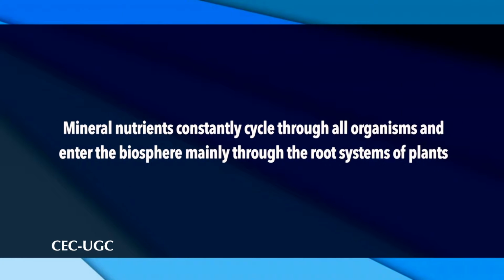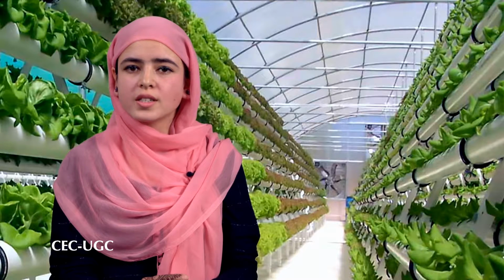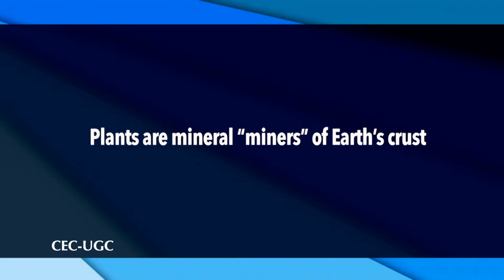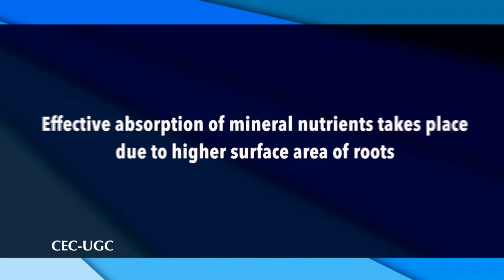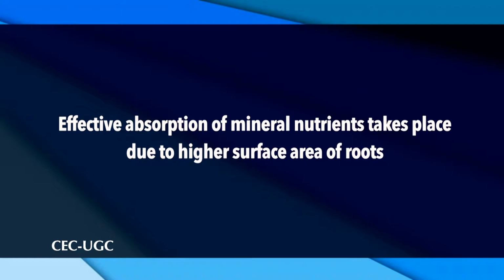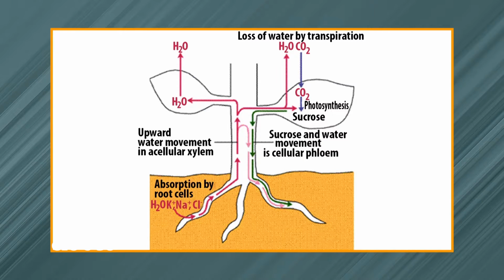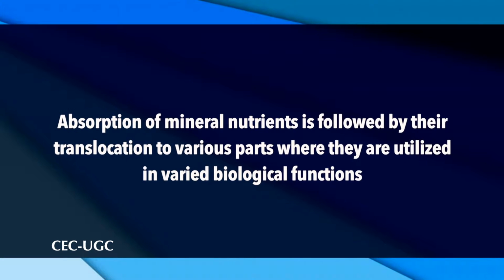The mineral nutrients constantly cycle through all organisms and enter the biosphere mainly through the root systems of plants. So, in a sense, plants are the mineral miners of Earth's crust. The effective absorption of mineral nutrients takes place due to the higher surface area of roots and their ability to absorb nutrients at very low ion concentrations. The absorption of mineral nutrients is followed by their translocation to various parts where they are utilized in varied biological